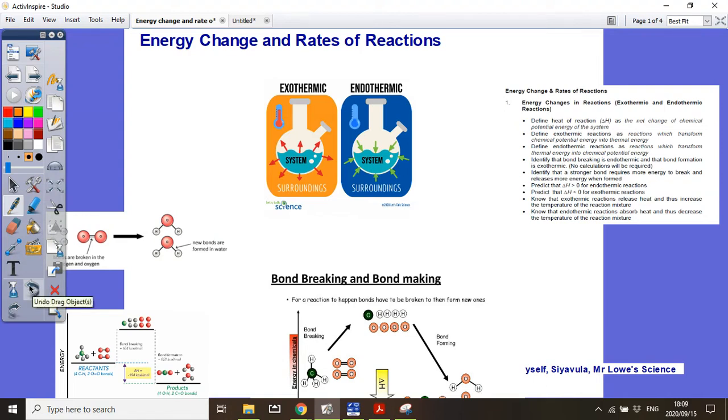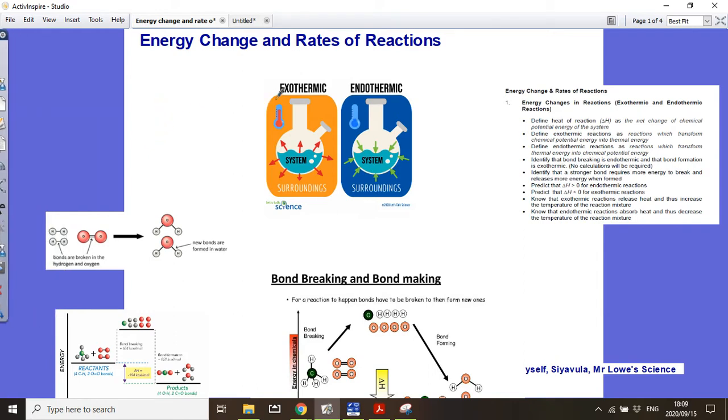When we look at the energy changes that happen in a chemical reaction, you must make very sure that when you're talking about energy, you know whether you're talking about the surroundings or the system. The system is basically the chemicals there inside. Now, when we look at exo and endo, you've done this in previous grades, where you just say, if it's